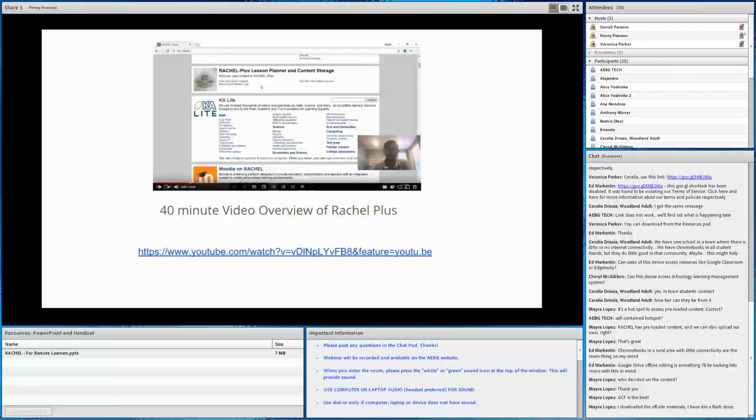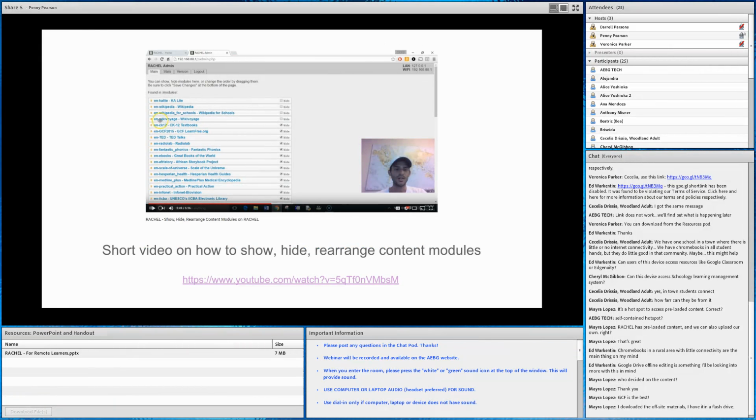Okay. So, we talked about Rachel. We take a look a little bit at how it's used, get some ideas of where it's used. But I want you to know there's great support for using this device. This screenshot here has a 40-minute overview of the Rachel device, how it works, how you modify it. The gentleman you see in the lower right-hand corner there is Jeremy Schwartz. He is the executive director of Rachel with World Possible. And he does a very nice job of explaining this overview of how you see Rachel and what's on it, and then he also provides a tutorial on how you can modify or change, show, and hide the modules that are on the device.